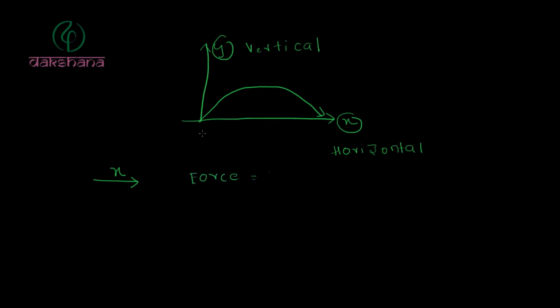Force is equal to 0. Whereas in the vertical direction, in the y direction, there is a force equal to mg, which is acting downwards. So in the horizontal direction there will be no acceleration, whereas in the vertical direction there will be an acceleration of g,